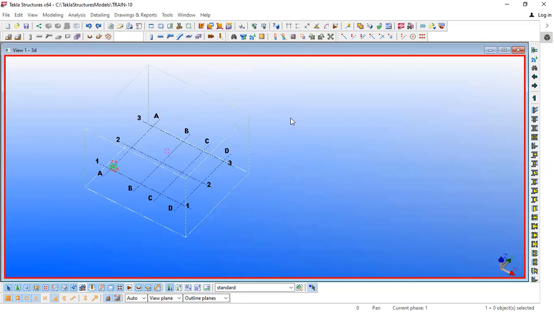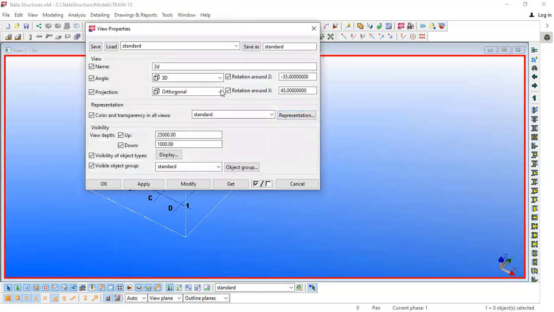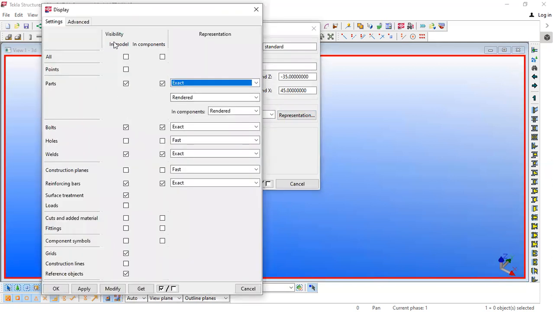So that was the properties. And once you click on this properties dialog box, you can go in display and check. There are different listings available here, which you can turn on and off. Okay. So this is related to the model. This is related to the connection.